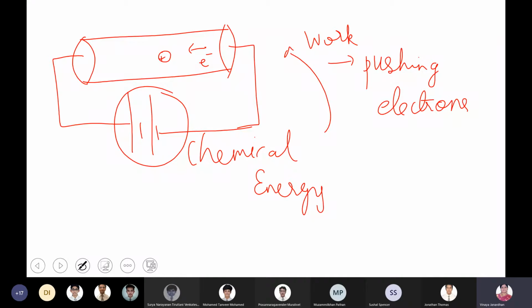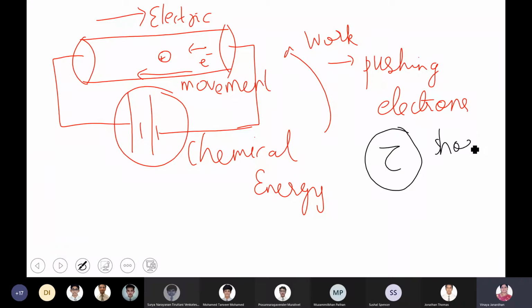Now please understand, boys, you have applied an electric field. This is the direction of your electric field. Electrons move in a direction opposite to that of your electric field. The electric field applies a force on the electrons, so the electrons get accelerated. Now the question is, to what extent does the electron get accelerated? The electrons are accelerated only for a short time, and this time is represented by the Greek letter tau, and we call this time interval the relaxation time.